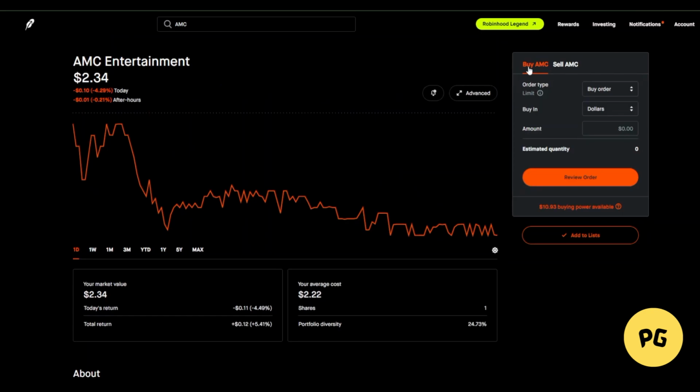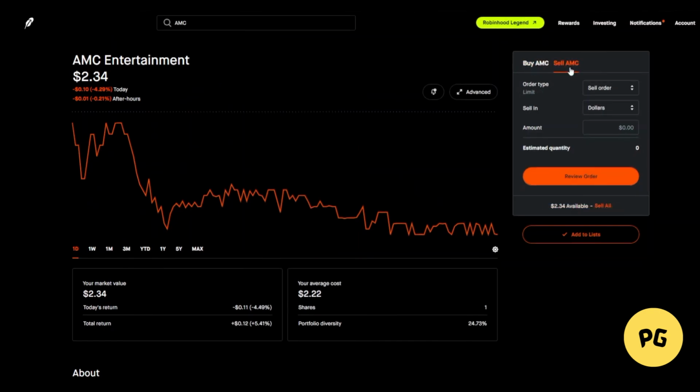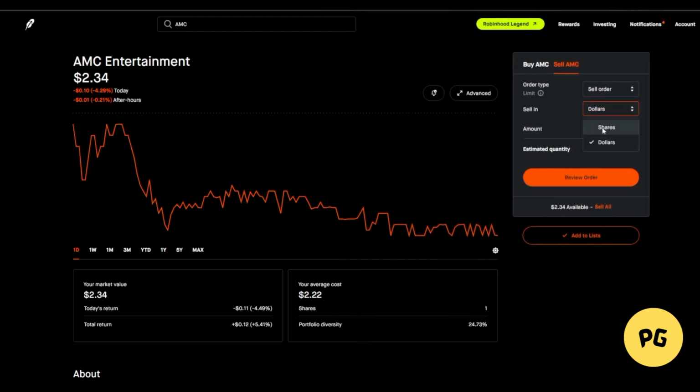To do this, open the stock you want to trade, tap the trade button and then select trade options. If options trading isn't enabled on your account, Robinhood will guide you through the application process before you can access this feature. Once you're inside the options chain, choose an expiration date and select a put option that matches your